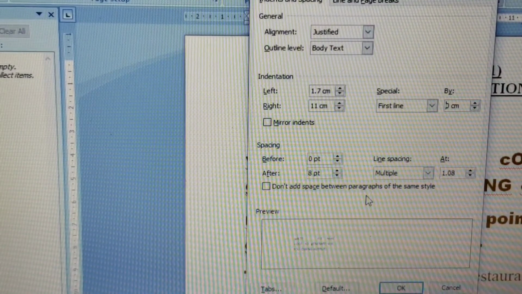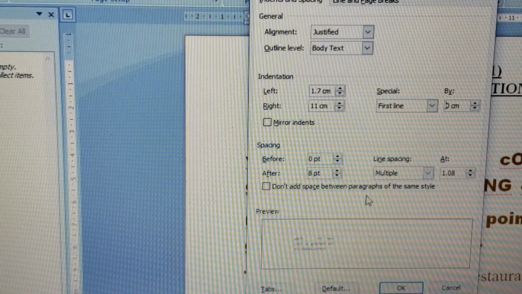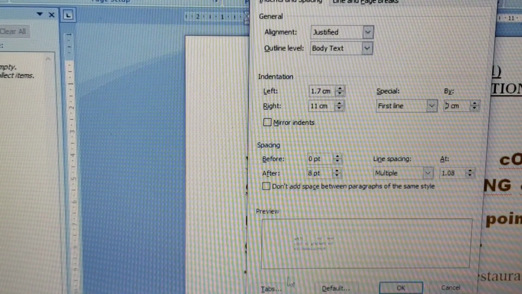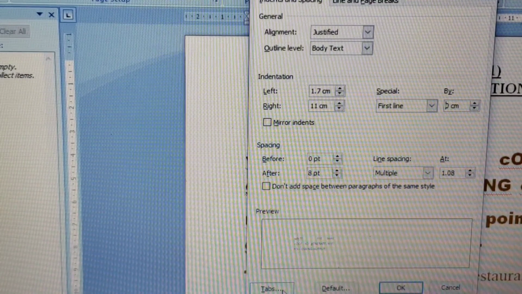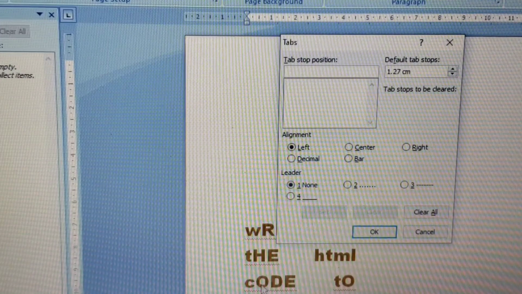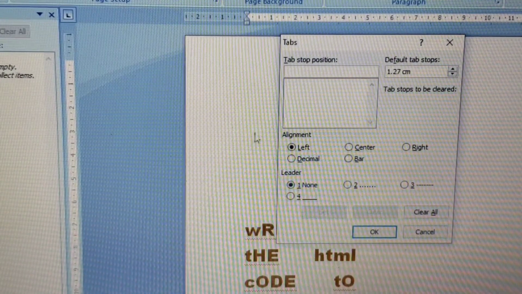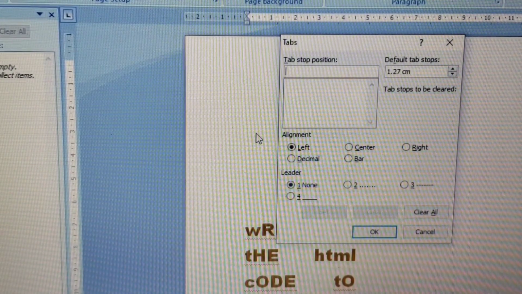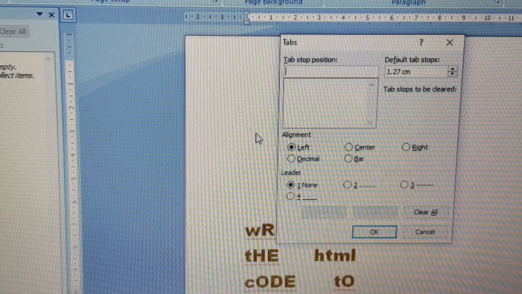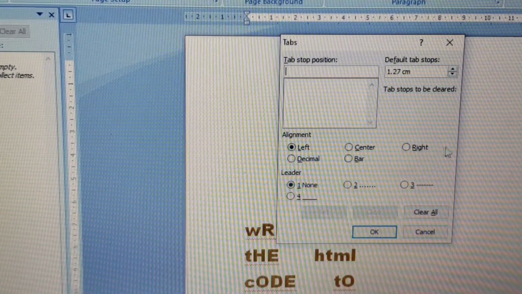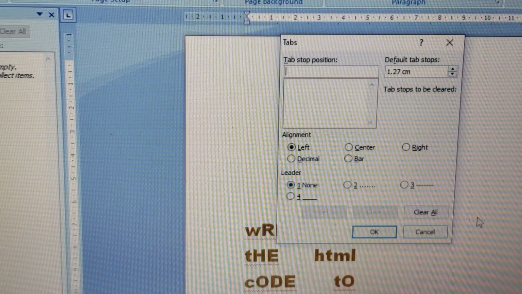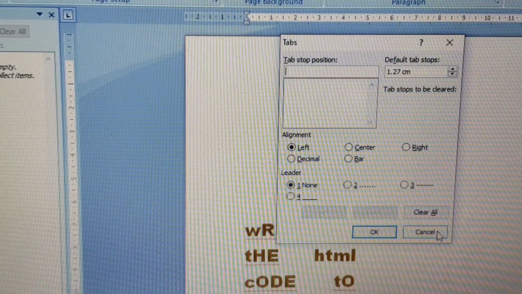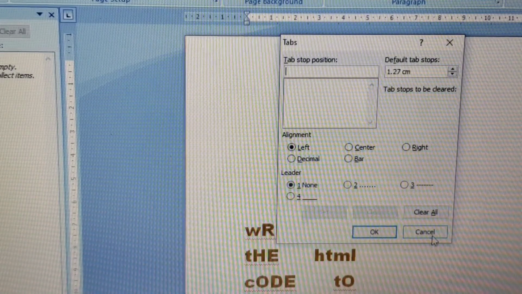The tab option, which I told you through the keyboard, even if you want to have it with the help of your mouse, you can have. Here you can see in the left bottom corner you have this tabs option. Whatever the tab position, what I told you, that you can have half an inch away. If you want to increase it, or any particular position, particular alignment, particular leader if you want, that also you can have from here. That same option you can use from here also.